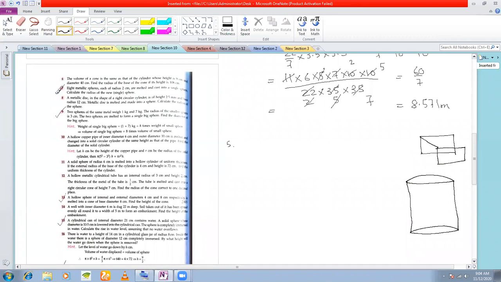From this roof, water is there up to a certain level. Let us say this level is H. Okay, and this water now falls on the cylinder. Okay, the cylindrical vessel. And what are the dimensions of the cylindrical vessel? The diameter is 2 meters and the height is 3.5 meters. So it's a big cylindrical vessel.